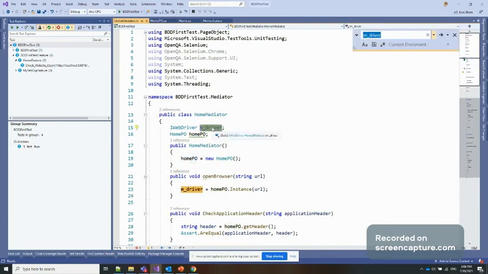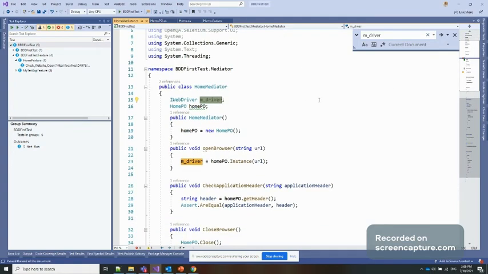This one I have not used anywhere. Right now this M driver I do not use, but maybe it will be used at a later point, so that's why I put the instance of this IWebDriver there.